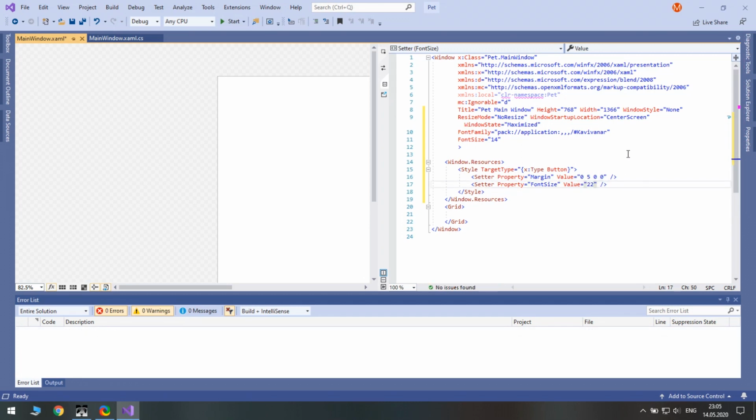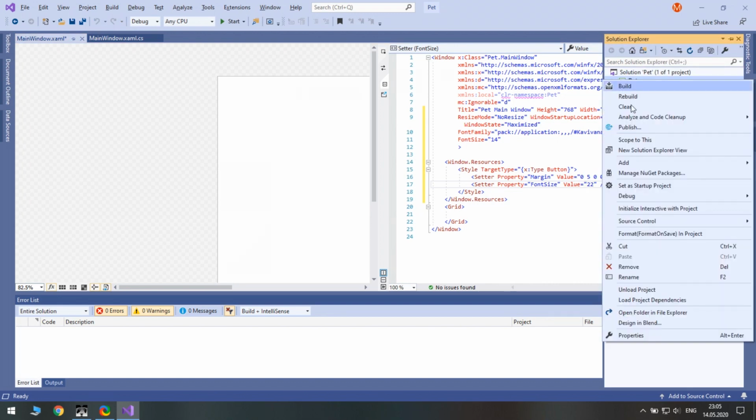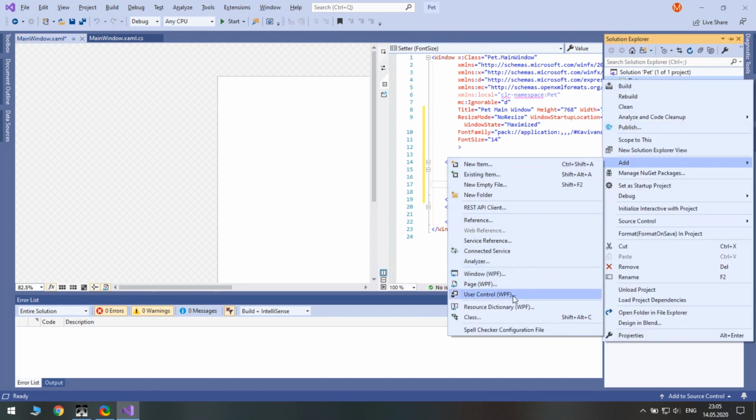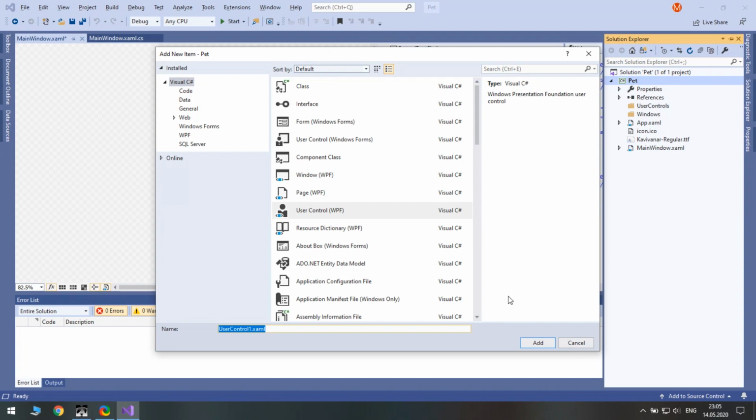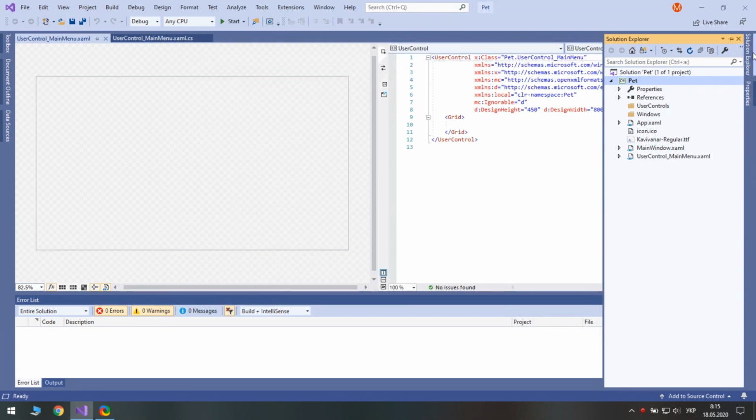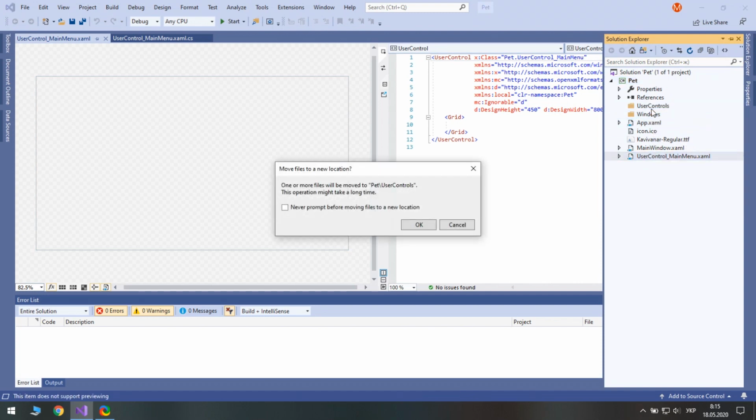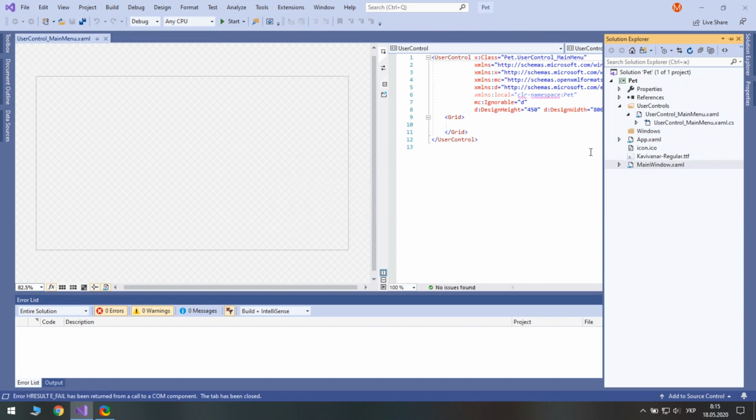Now we will create a user control for the main menu. In our Windows code, we need to set this user control as the content of the window.